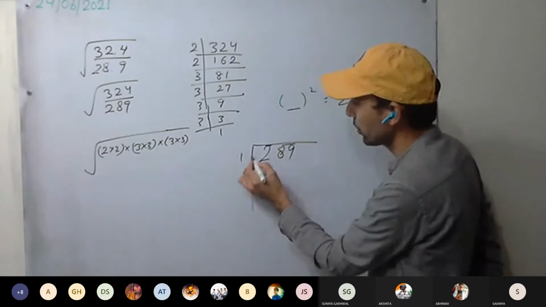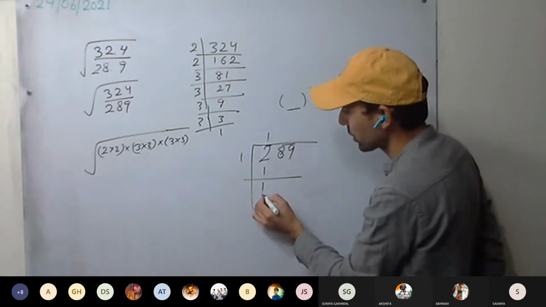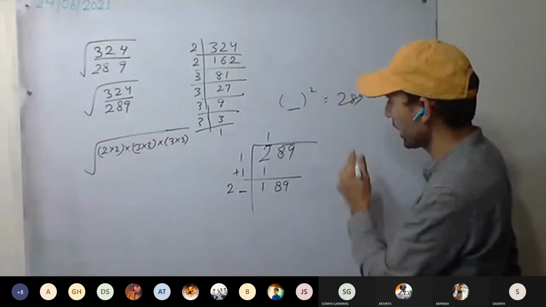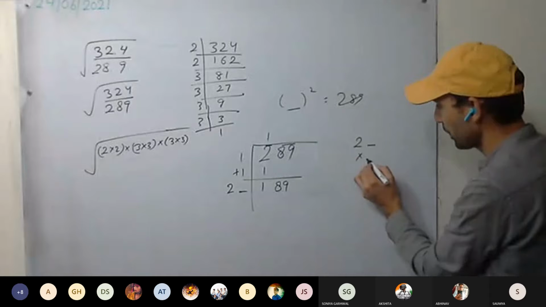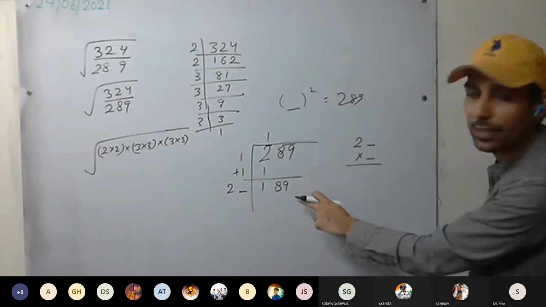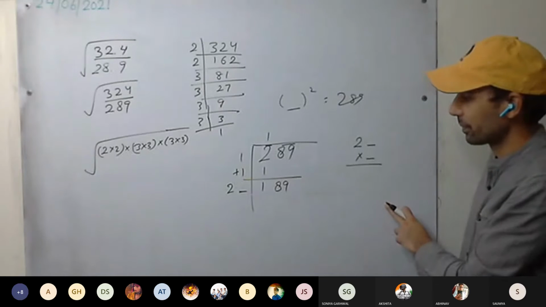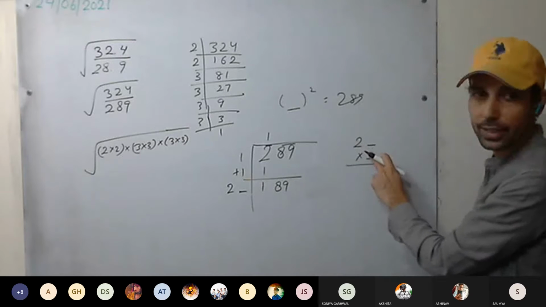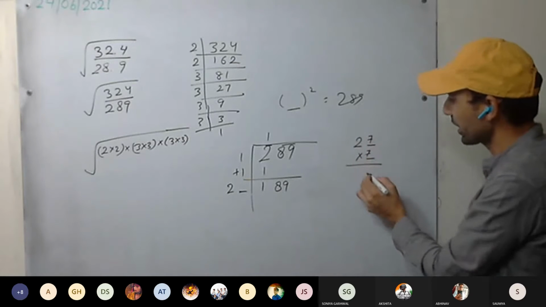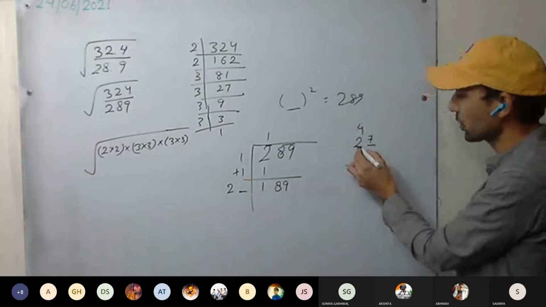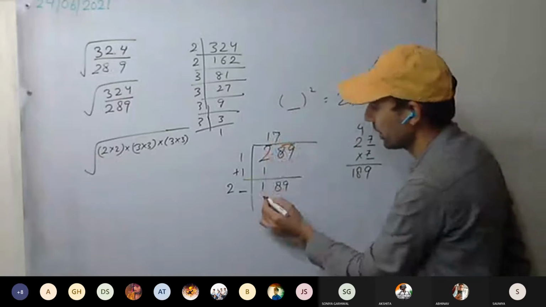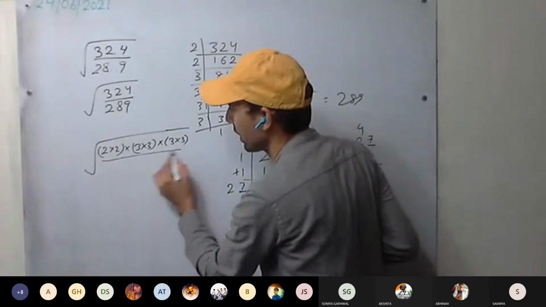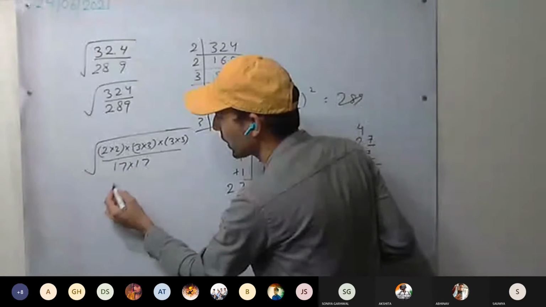Now what will be the number? 1, 1, 1 minus 1 plus 1. This we have to find. By what should this be multiplied so that we get nearly equal to 189? Check 5, 25. Check with 6, check with 7. Okay, I'm checking 7. 7 7s are 49. 7 2s are 14, giving 189. 7, 189, and the remainder is 0. So what we got? 17. It is 17 into 7. What will be the answer?